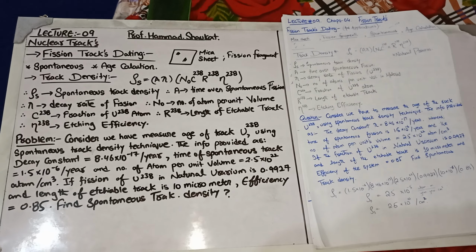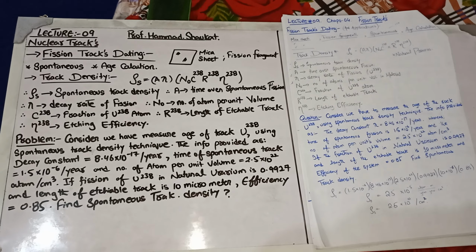Induced track density. You know that spontaneous track density is denoted by rho s, while your induced track density is denoted by rho I. And the formula for induced track density is basically equal to sigma phi,